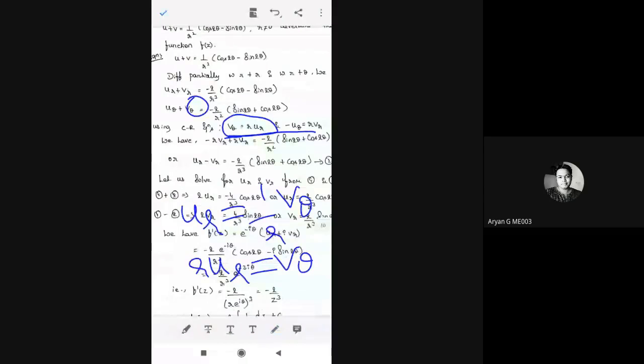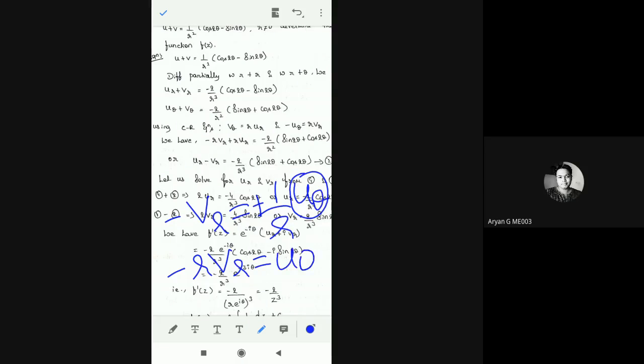Next, second equation: vr is equal to minus 1 by r u theta. Since we need just u theta, when you send r to the other side, minus r vr is equal to u theta. So like this, minus u theta is equal to r vr, or u theta is equal to minus r vr. Both are possible, we can write that.